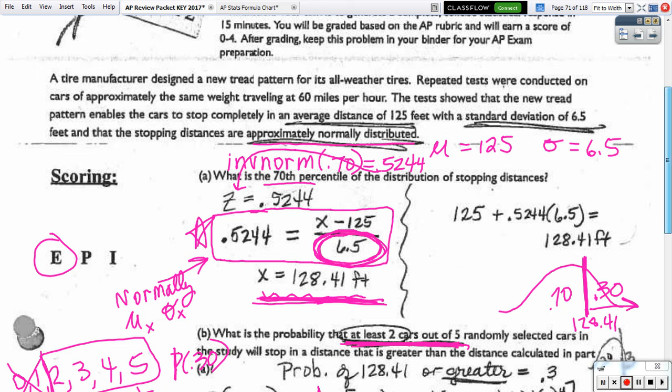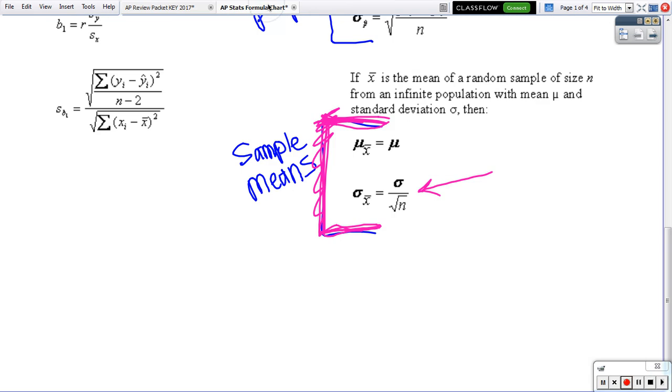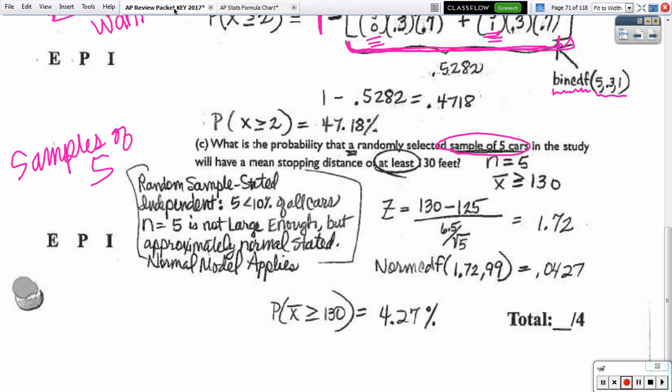But down here, we have a sampling distribution of samples of size 5. So guess what? That's this. A sampling distribution of sample means with samples of size 5. So our standard deviation that we use on this one is not 6.5, but 6.5 divided by the square root